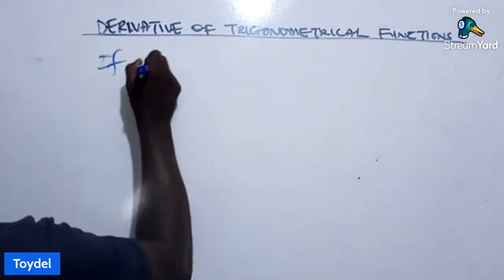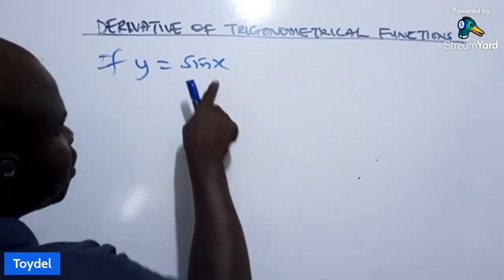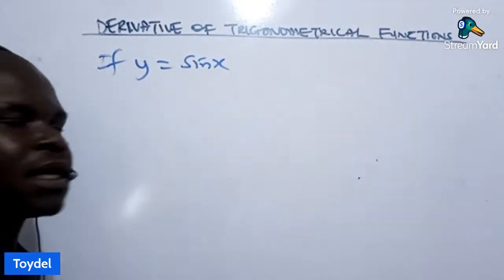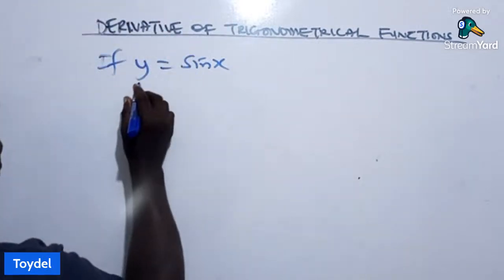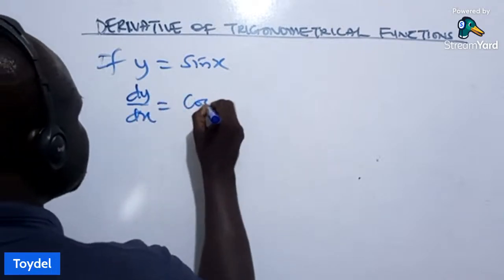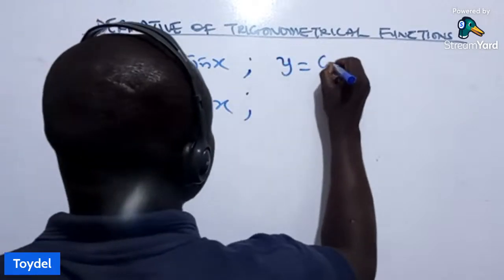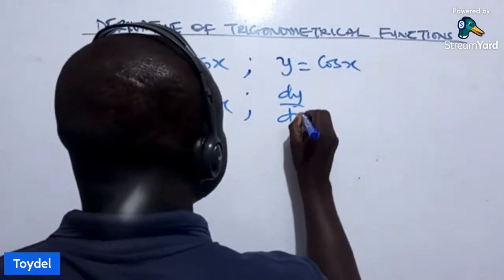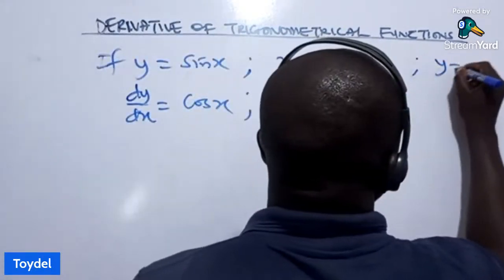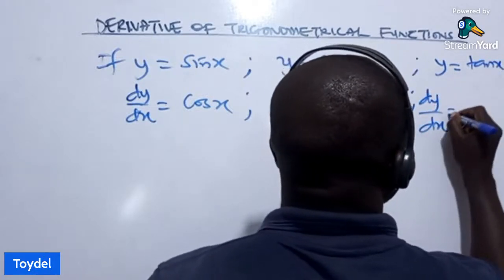So if y is sine x, in this case this function is trig because we have sine, cosine, tangent, cotangent, cosec, sec, and what have you. If y is sine x, then the derivative dy/dx is given as cos x. So we should note that. If y is equal to cos x, then dy/dx is equal to minus sine x. That's what you get. Then if y is equal to tan x, then dy/dx will be equal to sec